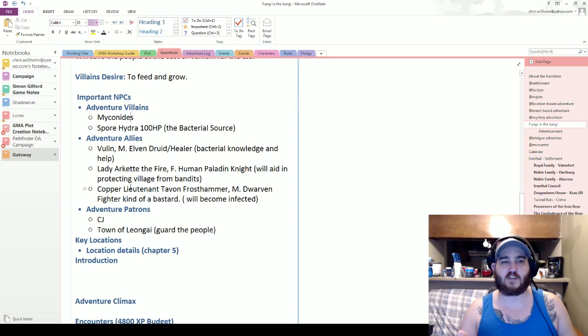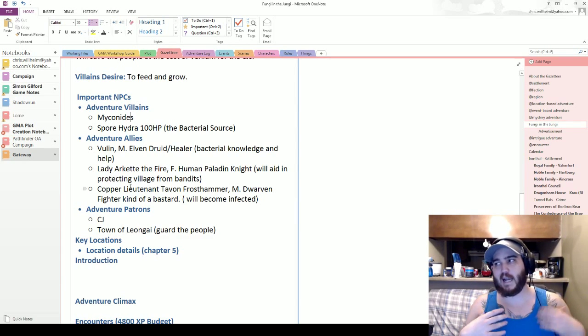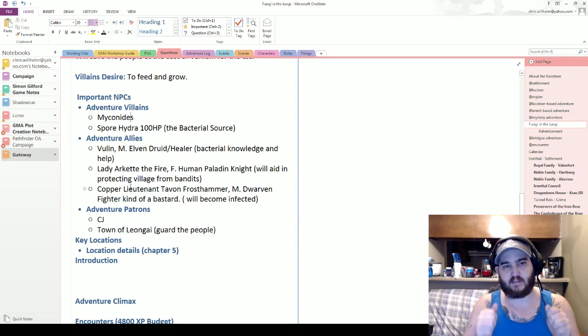And he had this unique beard about him, but you could see a different side of him, which was awesome because one of my players actually decided to investigate the conversation between Tavin and Frosthammer. Originally, I wasn't planning on any players doing that, and so I kind of shot from the hip for that scene. And there's kind of this charged scene between Tavin and Lady Arquette in the game, which basically we find out that Lady Arquette,